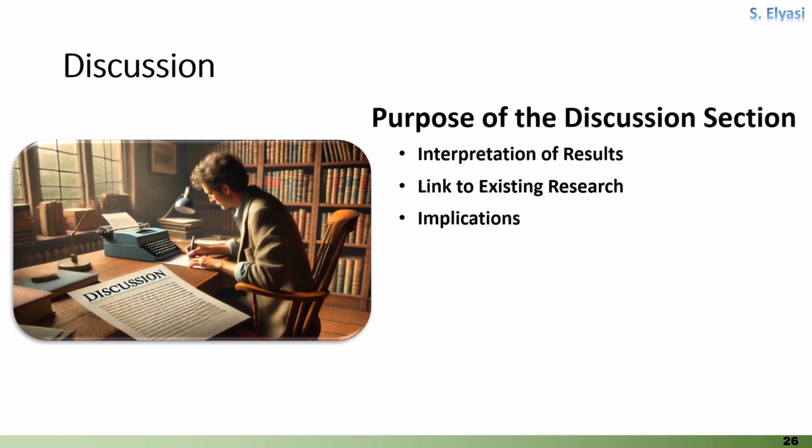Such comparisons offer valuable insights into the relevance and impact of the study, contributing to the ongoing development of the field. Implication of the research elaborates on the significance of the results, addressing what these findings mean for the field. It explores how the results can influence future research, policy, or practice. This section is often where the broader impact of the research is discussed, providing insights into its potential to shape ongoing developments and contribute to real-world applications.